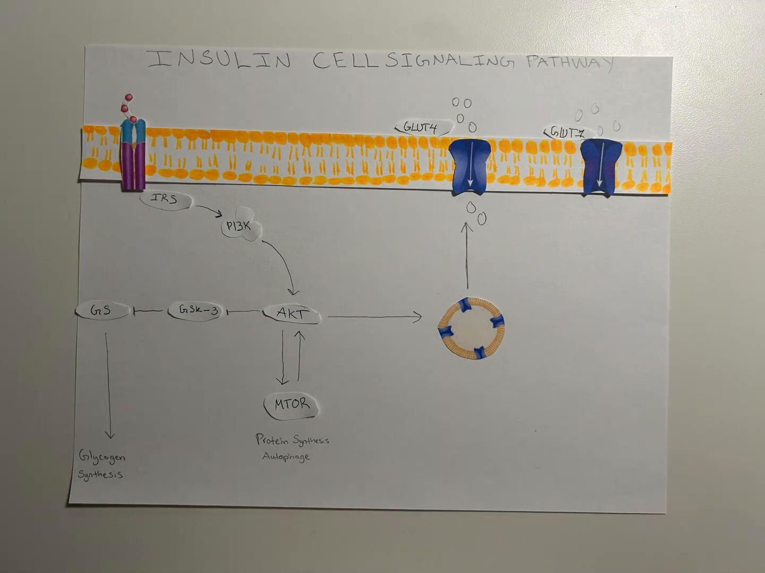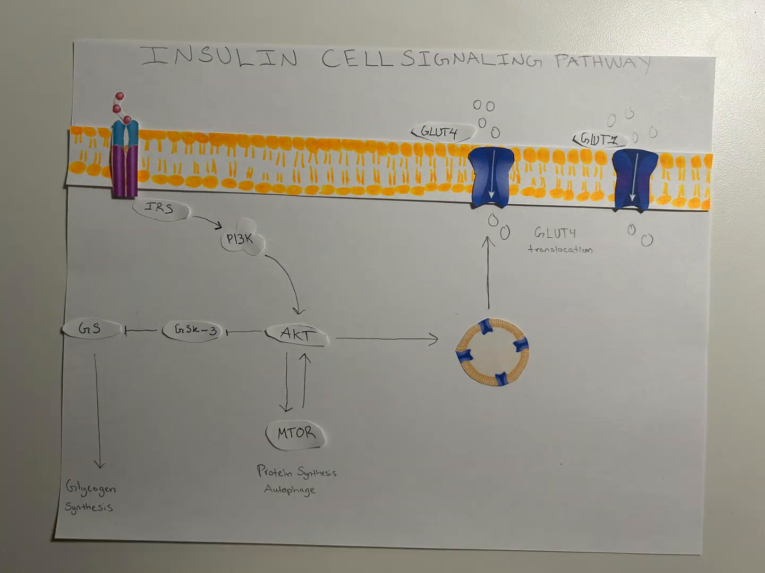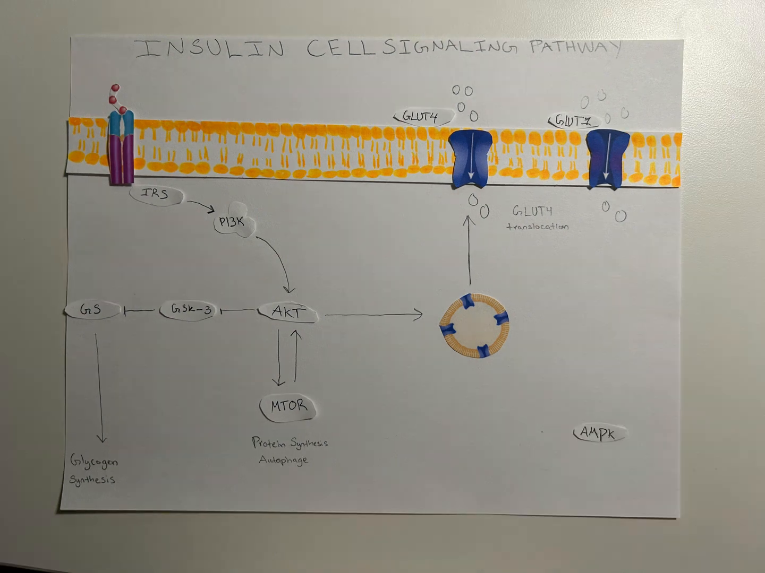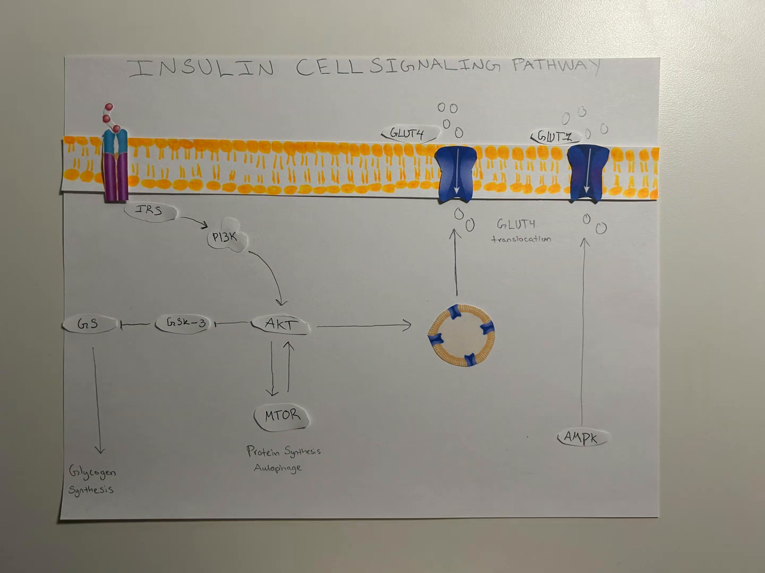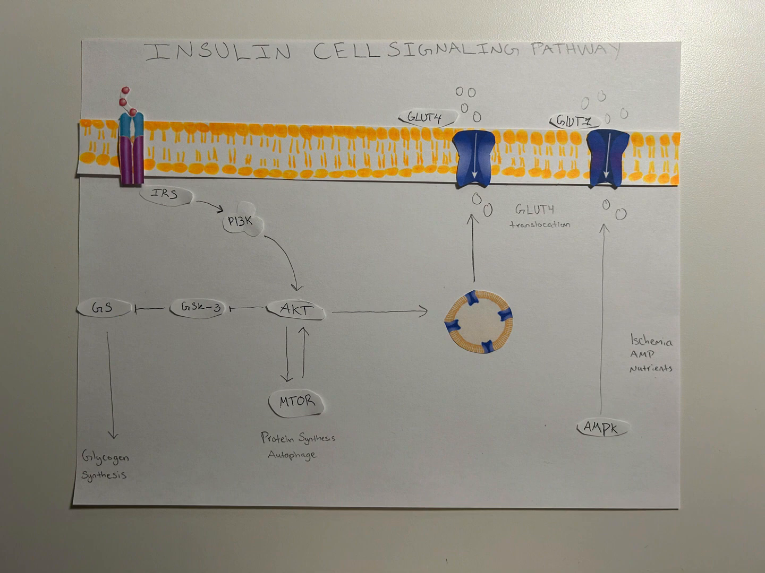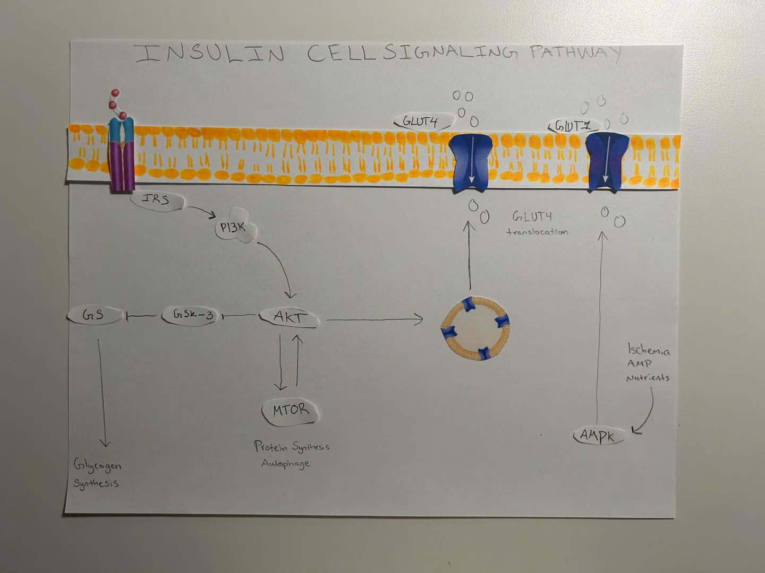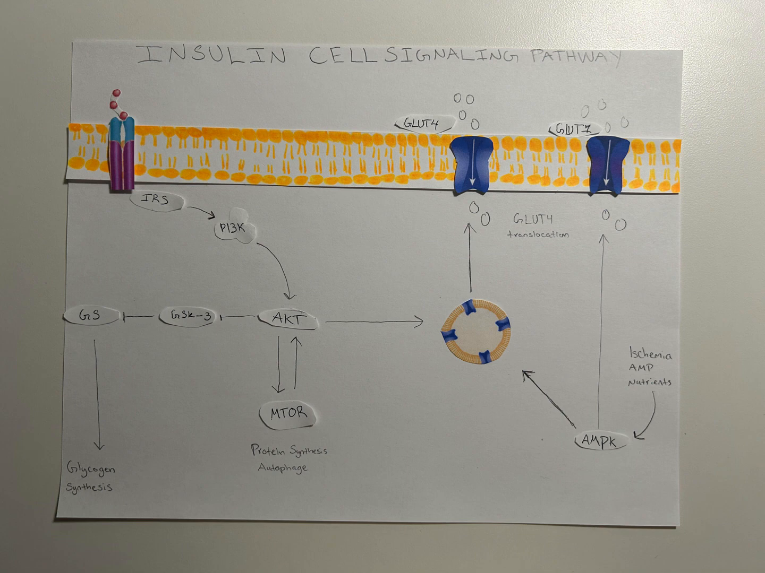That goes down, and then glucose transporter 4 has its translocation, which then, similar to glucose transporter 4, glucose transporter 1 is another member of the glucose transporter family, and then that goes to the AMPK, also known as the AMP-activated protein kinase, which acts as a cellular energy sensor that monitors the levels of AMP and ATP within the cell. And then the ischemia and AMP nutrients also go to the AMPK, which from AMPK, that goes